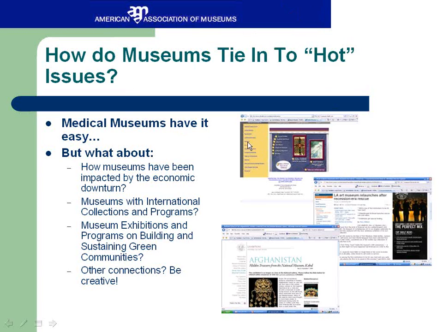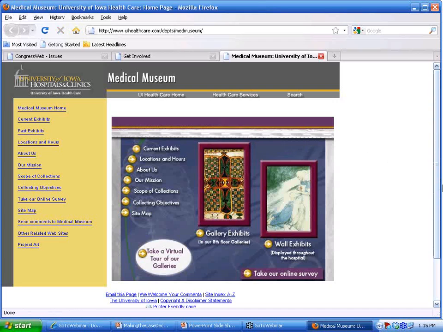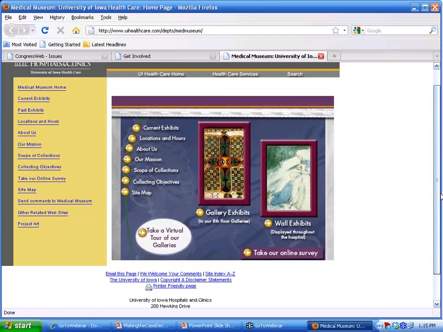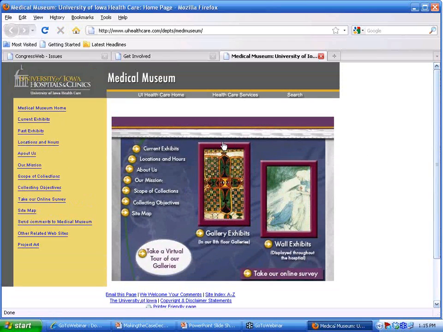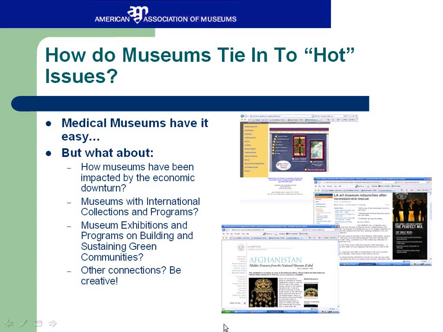We started with, obviously, looking at some medical museums. Now, they've got it easy, right? Because if you're talking healthcare reform and you're a medical museum, and I'm going to go to a museum I found here that talks about medicine in the United States, this is pretty easy. You can go to a legislator and say, hey, we're talking about healthcare and we're a museum that handles this